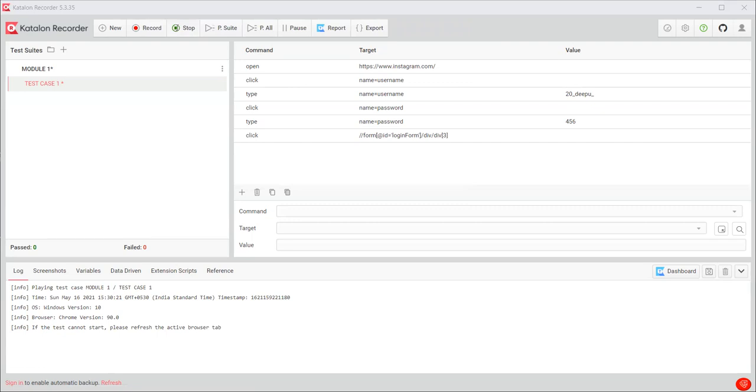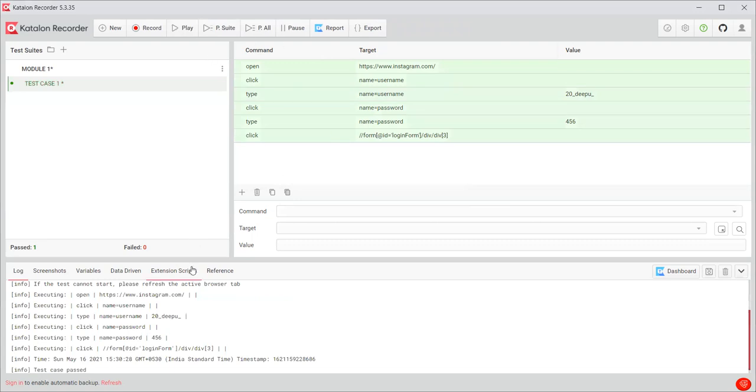As I had entered the username and the password, everything is recorded. We need to know whether the run was successful. Here we can see that the test case is passed. Test case passed is equal to 1.